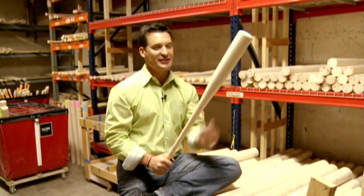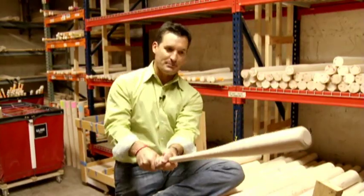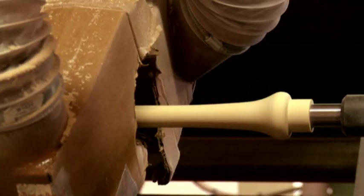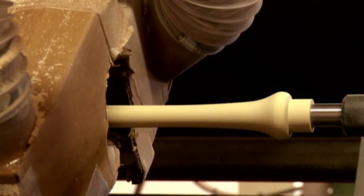There will be those instances when the Chandler Bat Company loses one of its big league clients to one of the industry's heavy hitters. Not because he constructs an inferior product, but simply because David Chandler doesn't believe he should pay a Major League Baseball player to swing his bat. That's part of that decision-making process we went through, and where I ultimately said to myself and everybody else who's involved with us,